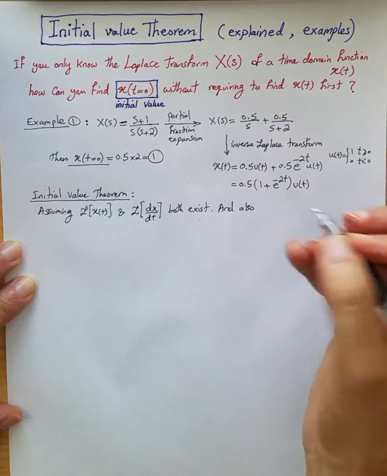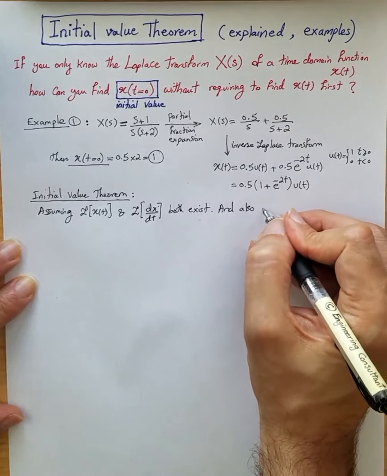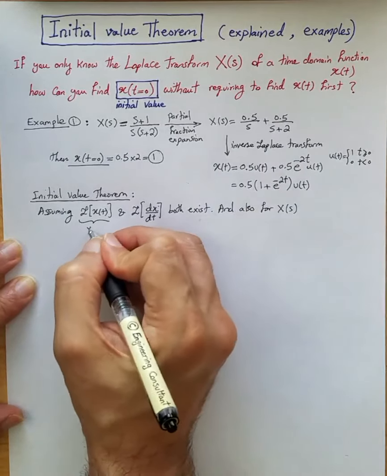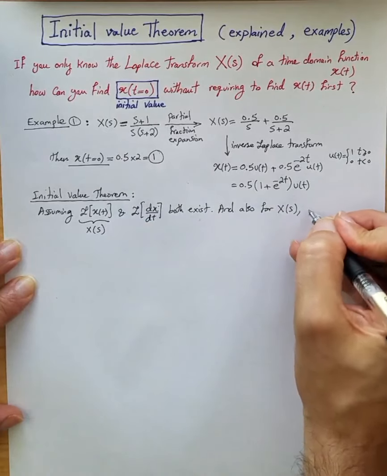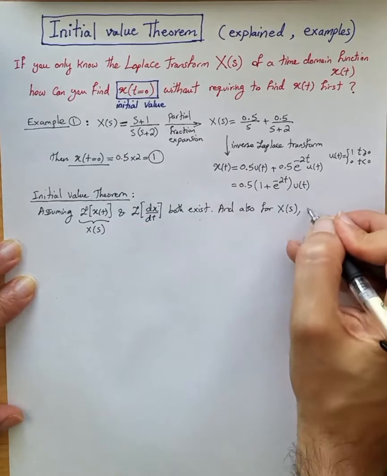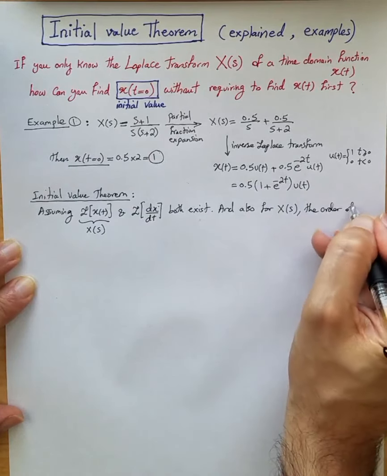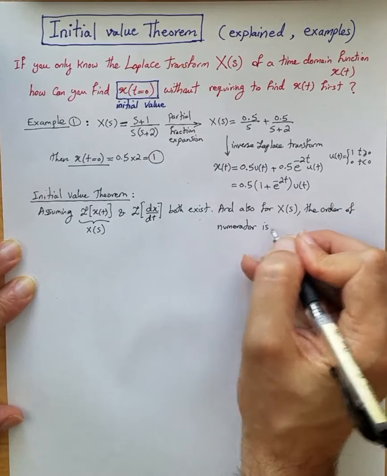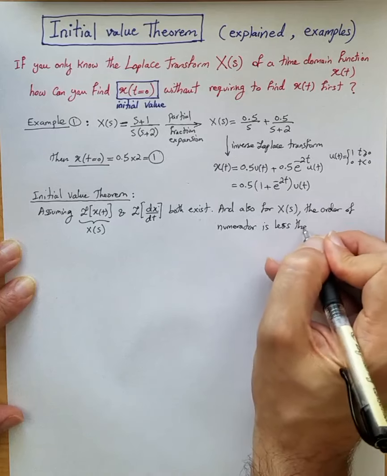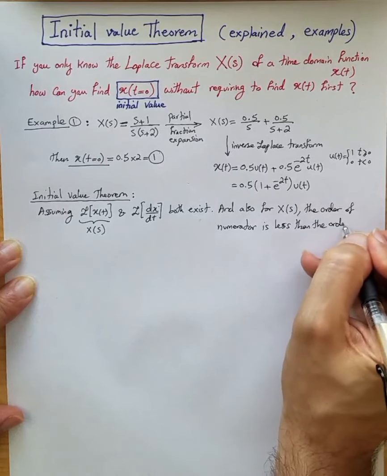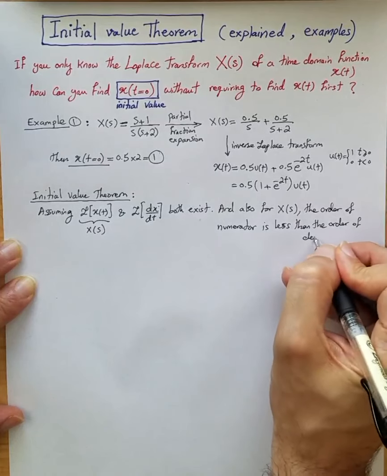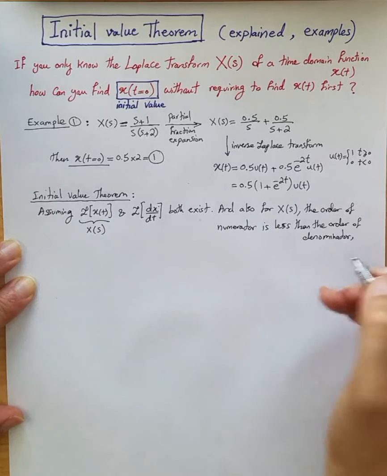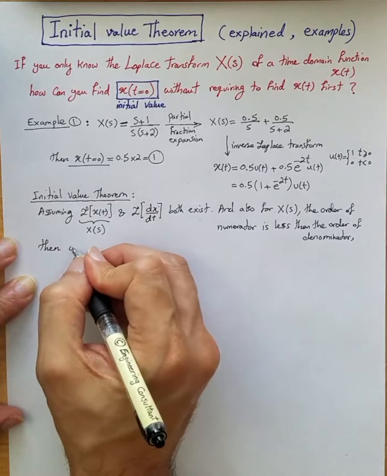And also, for X(s), the Laplace transform of x(t), the order of the numerator is less than the order of the denominator. With this, then we can show